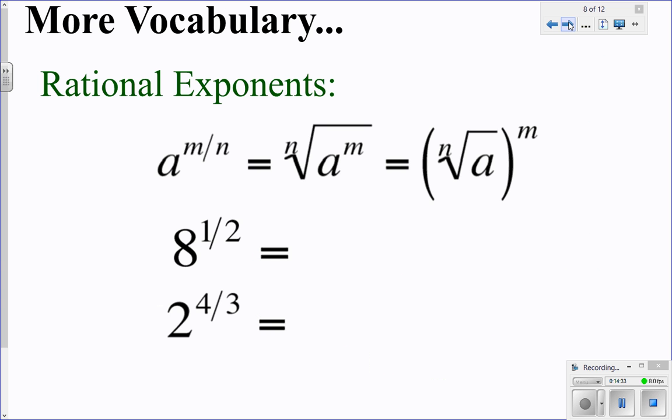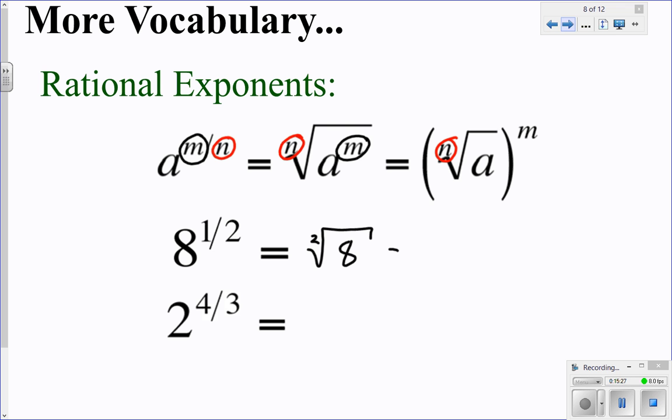All right. So these are some principles as we're simplifying rational exponents. We have to remember that fractional exponents, or rational exponents, are very similar to our roots. Notice that the numerator is the power. When the numerator is larger, it makes things bigger, as do powers. And the denominator in our fraction is n, and that's our root. Typically dividing by the denominator of our fraction is going to make things smaller, as we think of our roots. So 8 to the 1/2 is the same thing as the square root